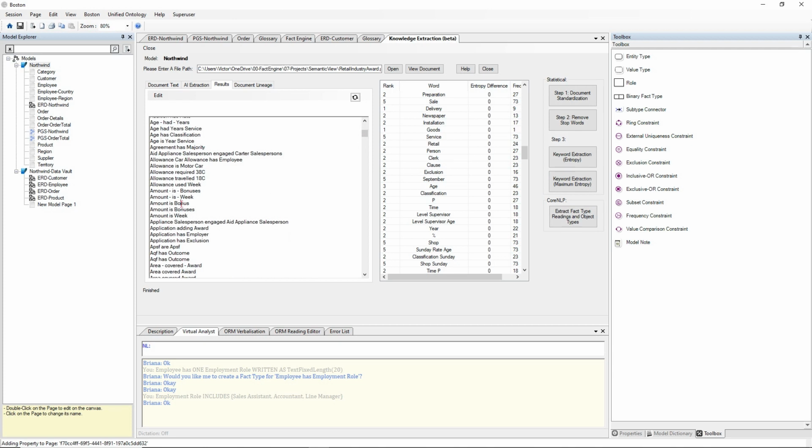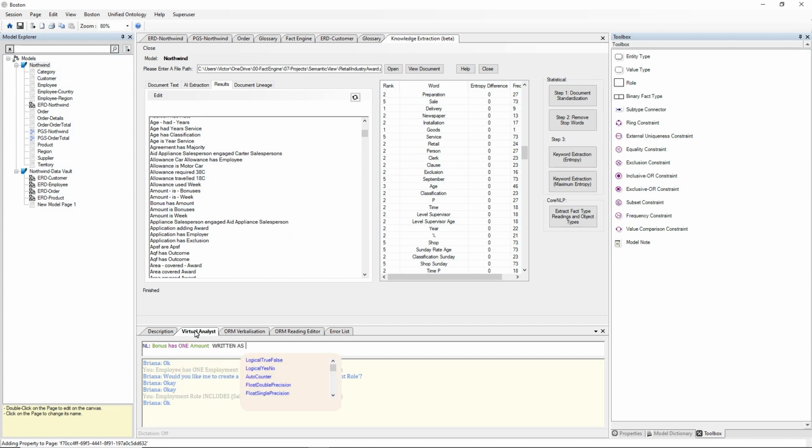So amount is a bonus, that's fine, but let's say that I wanted to say that a bonus has an amount. I can highlight that, dump it down to the virtual analyst, put the word in there 1,